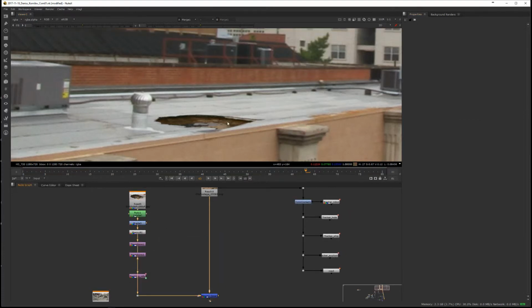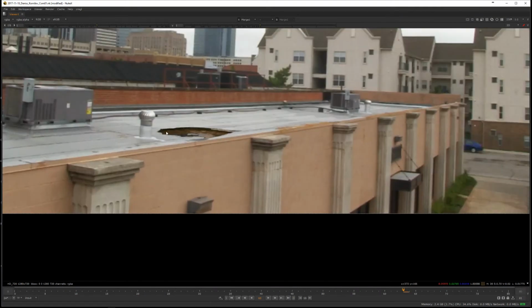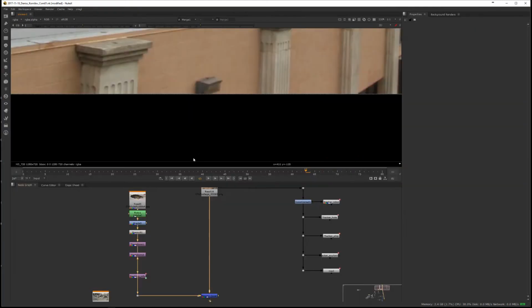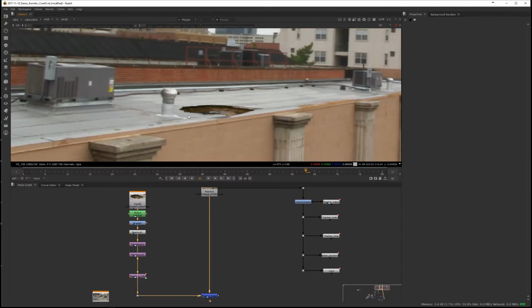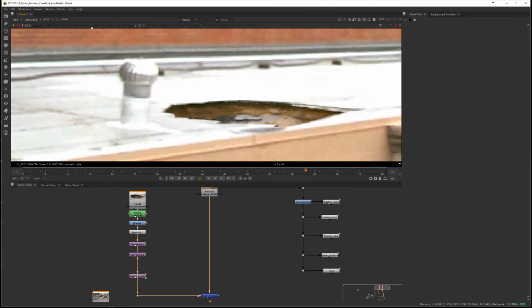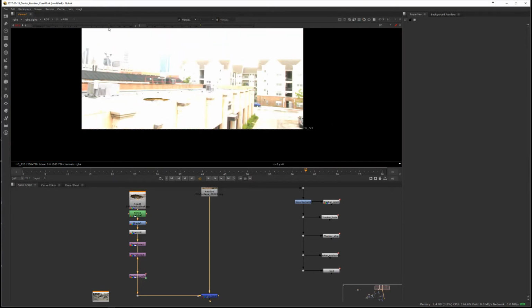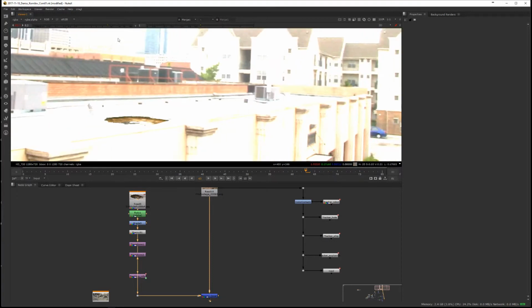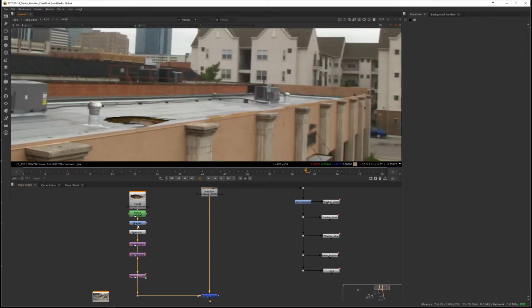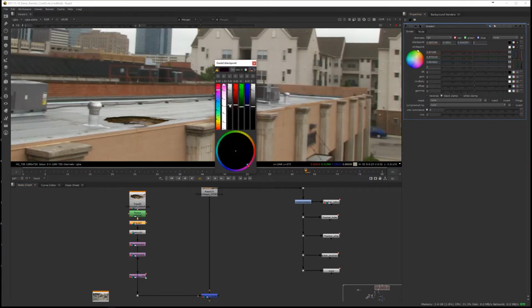Our rubble hole. Now, right off the bat, I can tell you that this is too dark and it's too sharp. If you look at these black levels and these black levels here, we can even expose up. You'll see that all of a sudden this is becoming very weirdly dark and sharp. So let's quickly go to our grade tool, and I'm going to go to this black level here, and I'm just going to